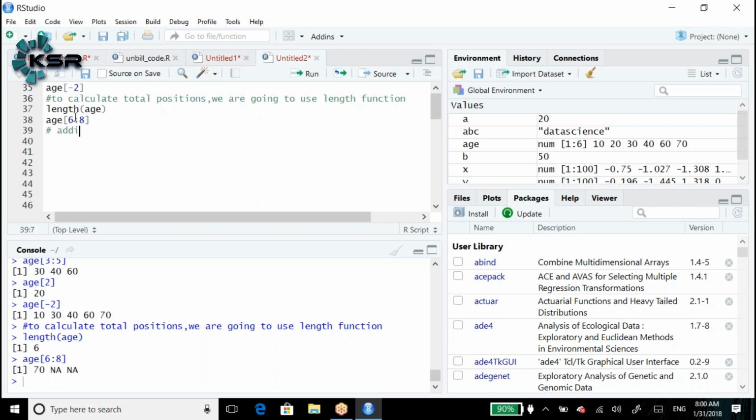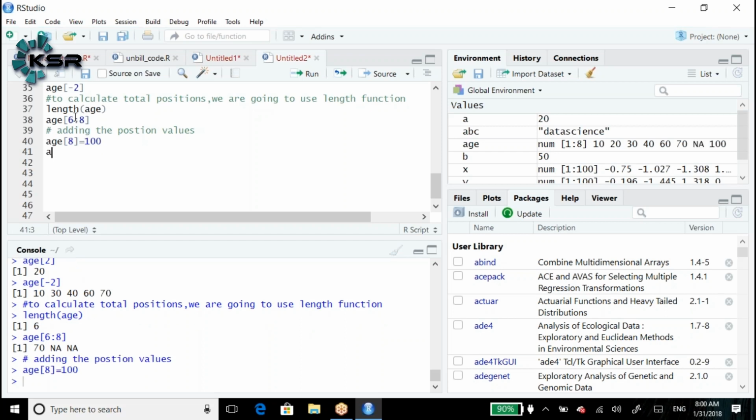How do I add the position values? Age of 8 is equal to, for example, 100. Adding one position to the data.